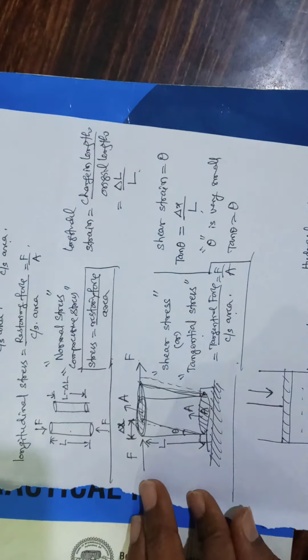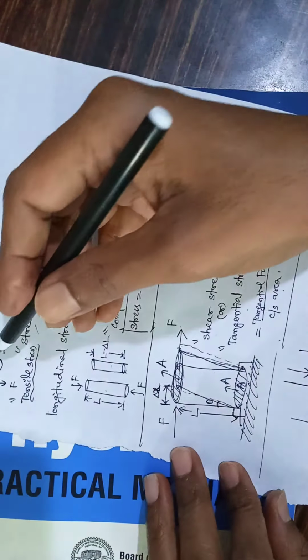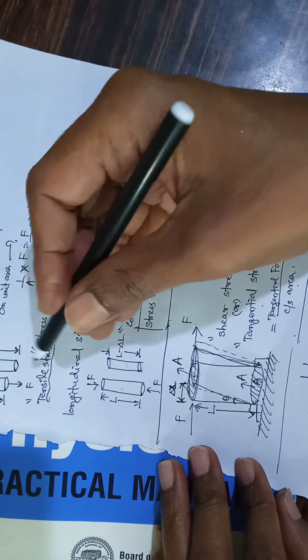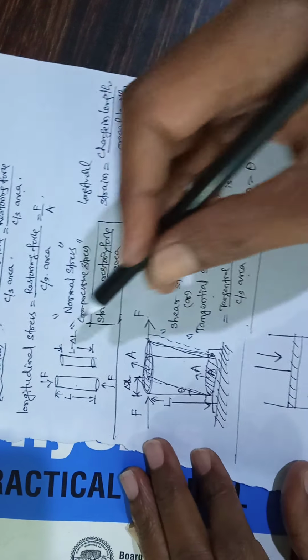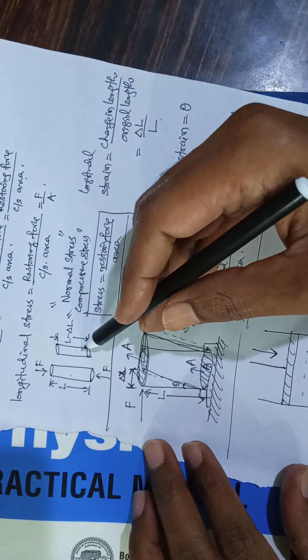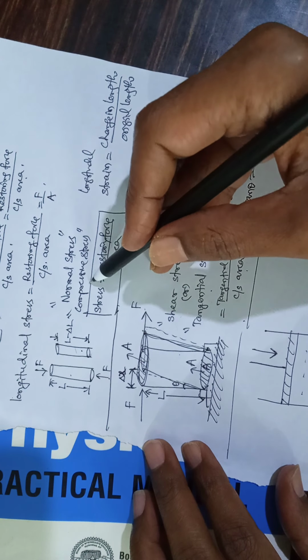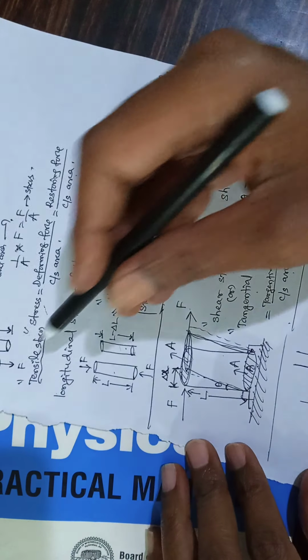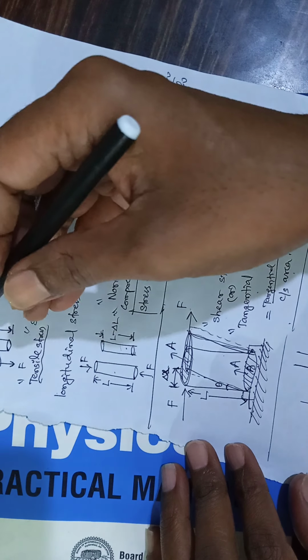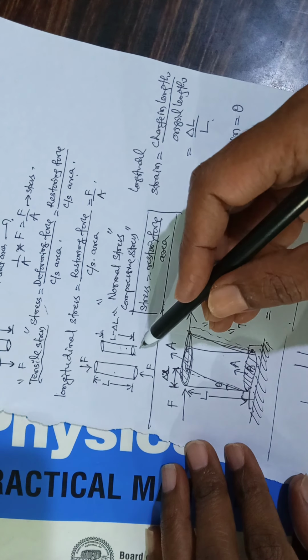Compressive stress. Since its length is increased, it is called tensile stress. Since its length is decreased, it is called compressive stress. Whether it is increase in length or decreasing in length,